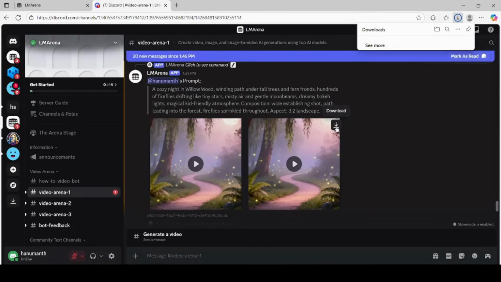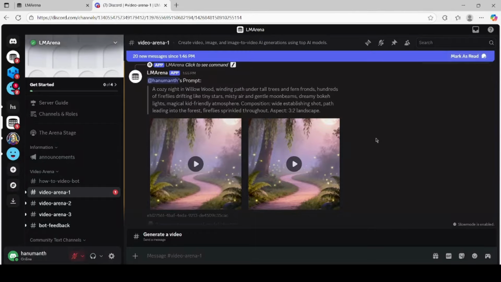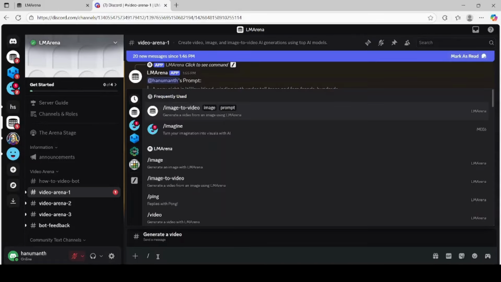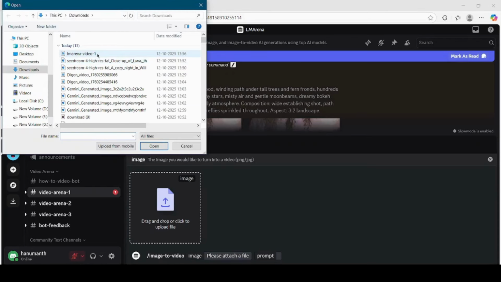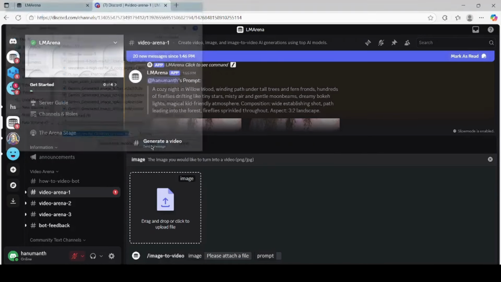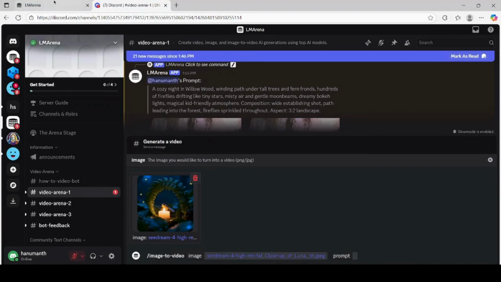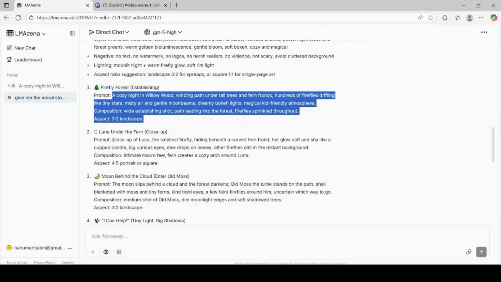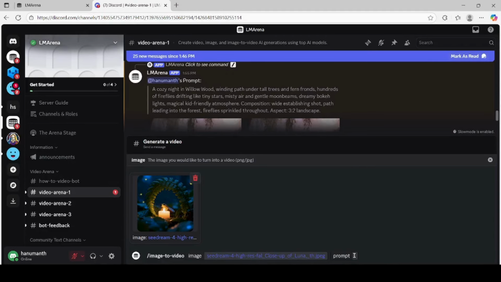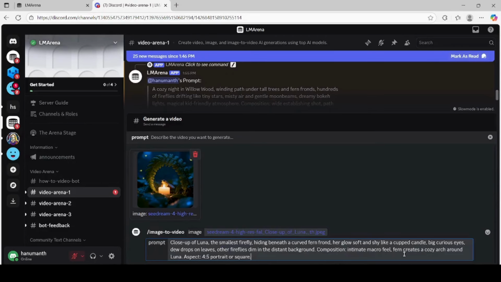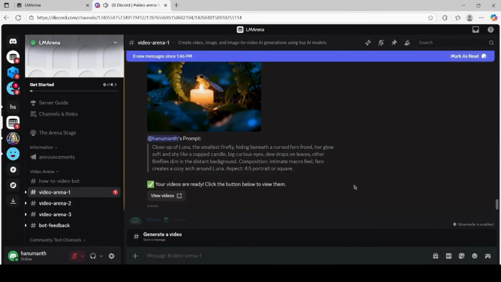If you want to make another version, simply repeat the same process using your other images and prompts. By following this simple process, you can generate videos for every scene of your story. After downloading all videos, you can merge them using any free video editor to create a complete storytelling video. This is an amazing way to create animated story content, short films, or even educational explainer videos, all powered by free AI tools. Everything we did in this video, from generating text, images, and videos, was done using free and